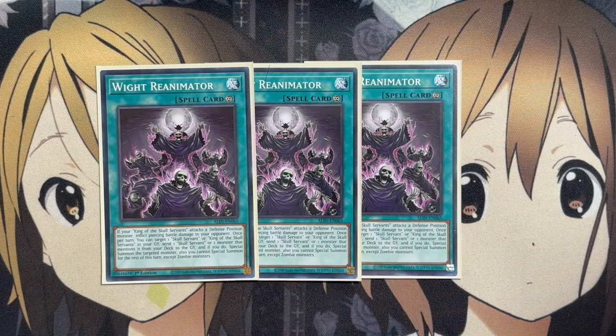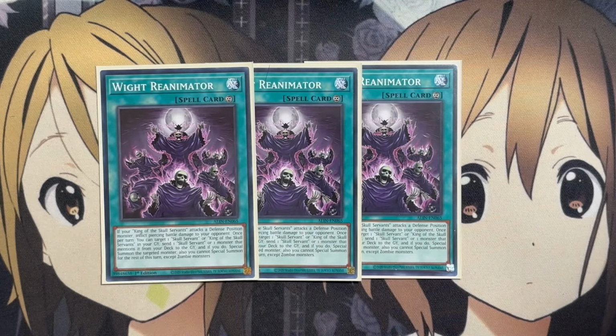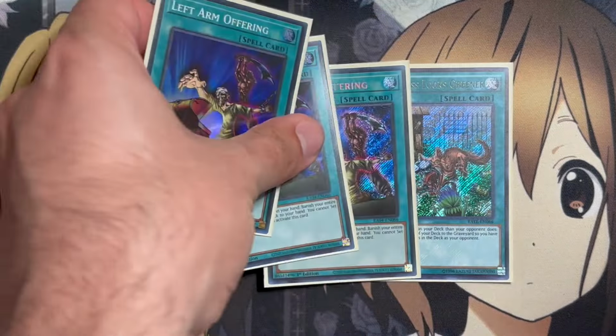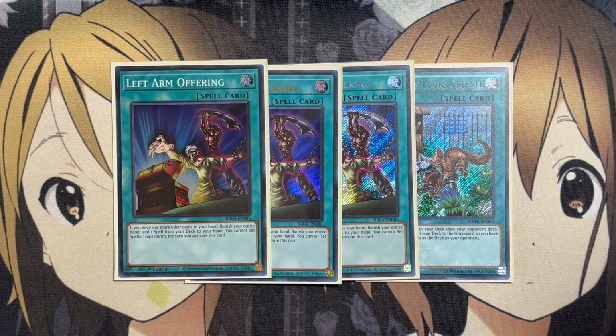And the fact that this card can also be searched off of our Moisa White makes it all the easier for that setup. We're also running the 3 copies of Left Arm Offering and the 1 copy of That Grass Looks Greener. For the search, if you have 2 or more other cards in your hand, banish your entire hand, add 1 spell from your deck to your hand, and you cannot set spell traps during the turn you